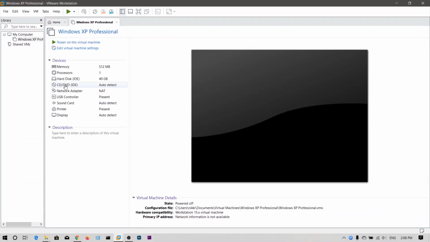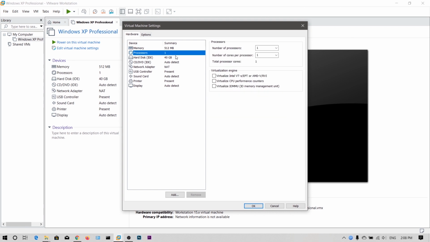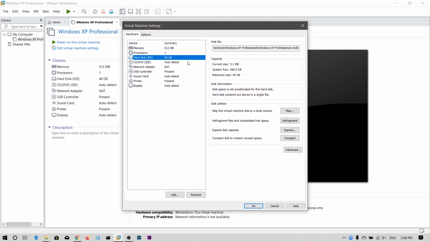Now do not power on the machine. Click on Edit Virtual Machine Settings, and then give RAM. 512 MB of RAM is fine. You can set the number of processors and cores. Since Windows XP is lightweight, you can leave it at default. Now coming to the 40 GB disk, you can leave that as well.